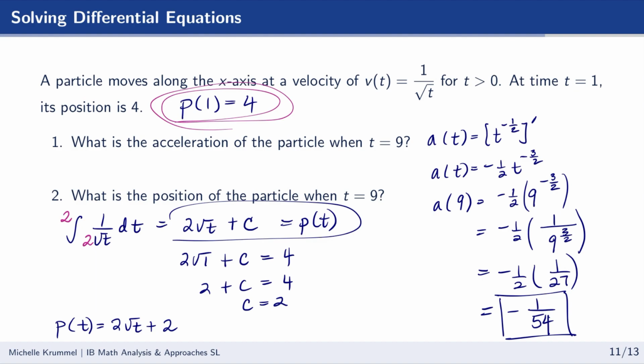And ultimately, we want the position when t equals 9. So p of 9 equals 2 root 9 plus 2. So 2 times 3 is 6, plus 2 is 8. The position is 8. So that wraps up our lesson on antiderivatives, and next time we'll take a look at